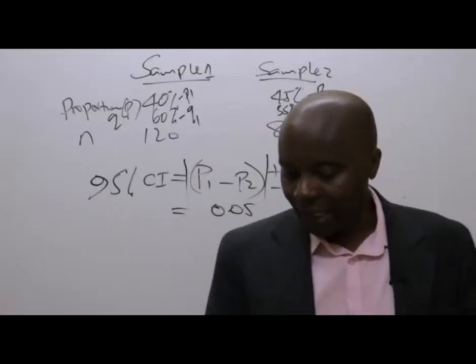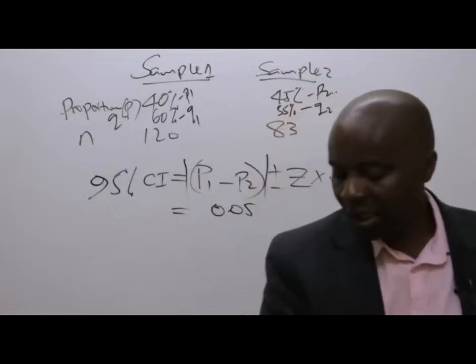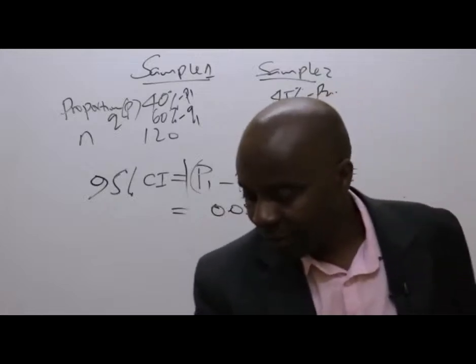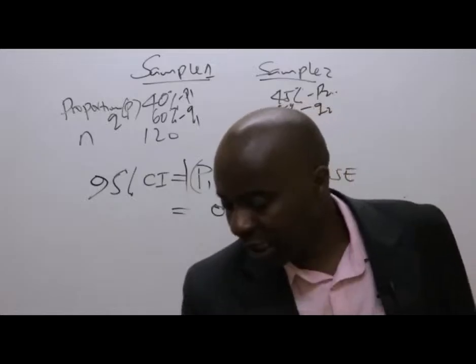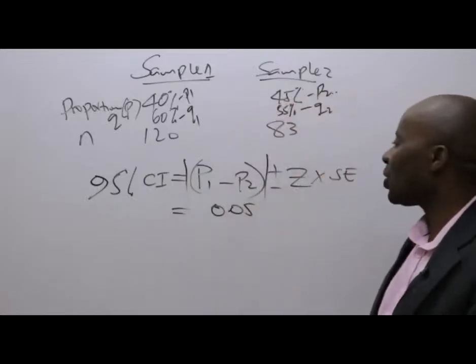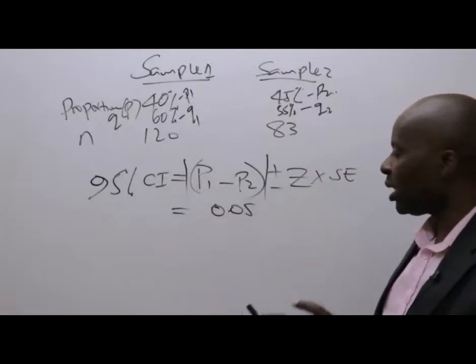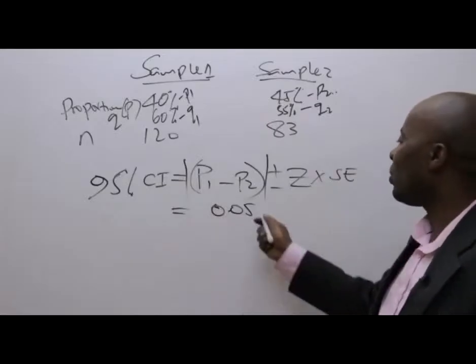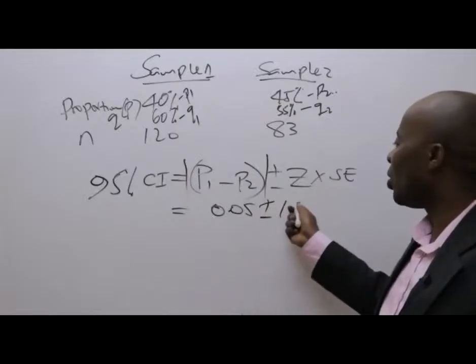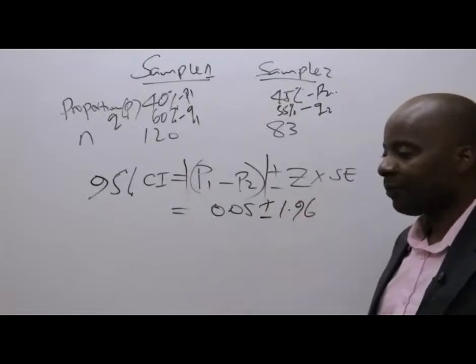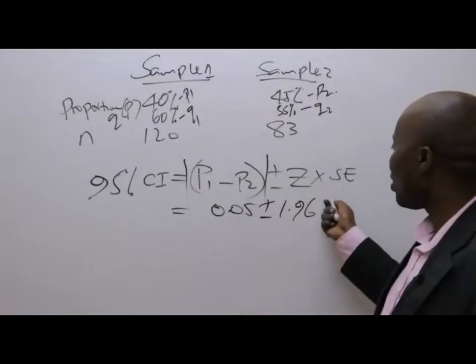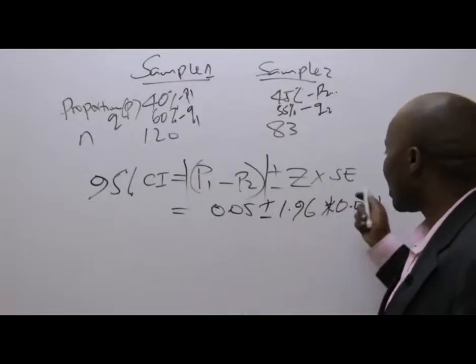And to imagine Dahir has been able to get that figure. And if that is the case, we have a negative, but we are disregarding the negative. So we take it as 0.05 plus or minus the Z that you guys got, which is 1.96, times the standard error. Fortunately, the standard error, you have obtained it somewhere up there,